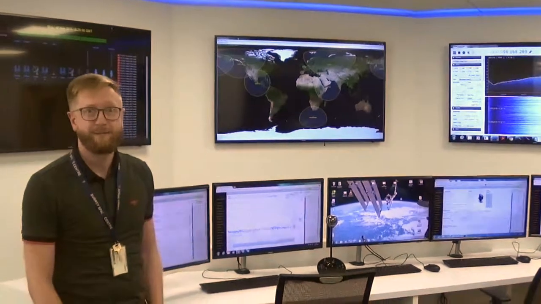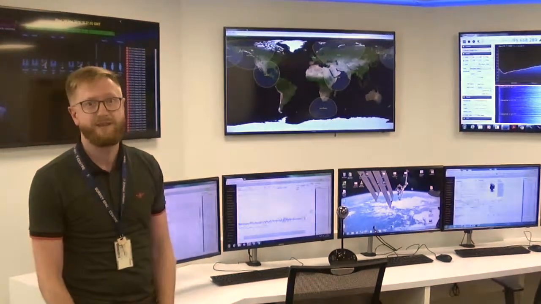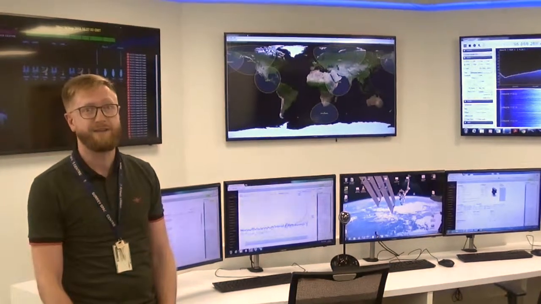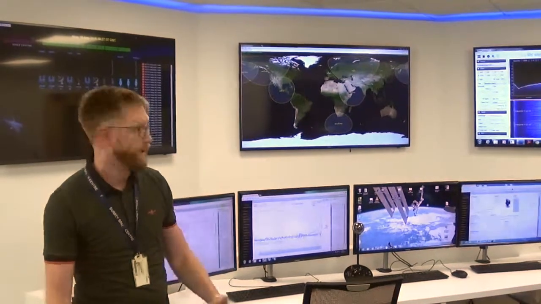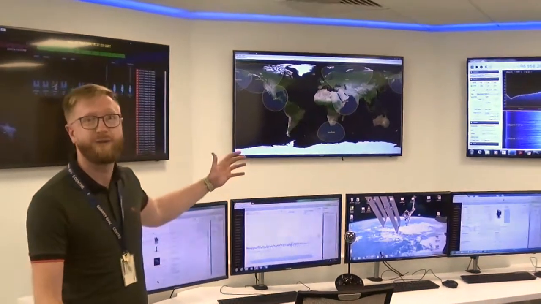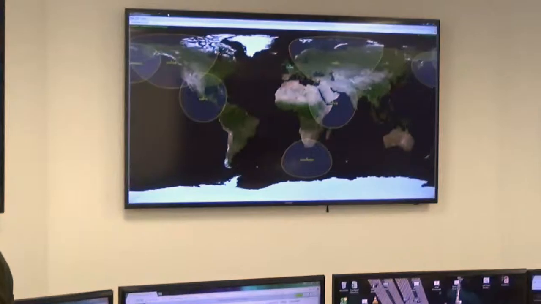So we're here at Surrey Space Centre. My name is Dr. Chris Bridges and I'm one of the academics here at the university. And where we are is we're in our Operations and Control ground station. And what you can see here is all of our screens that we use for actually controlling and monitoring our